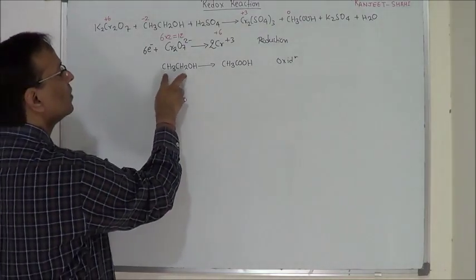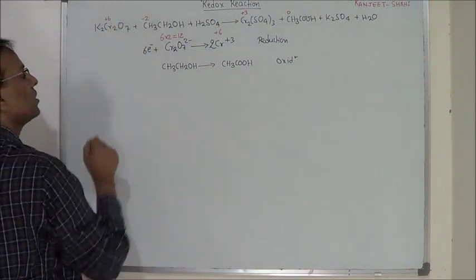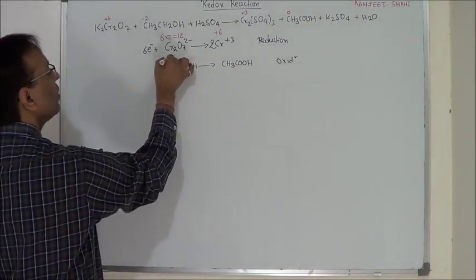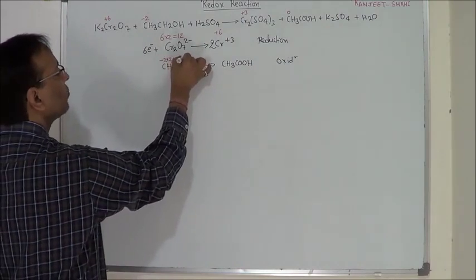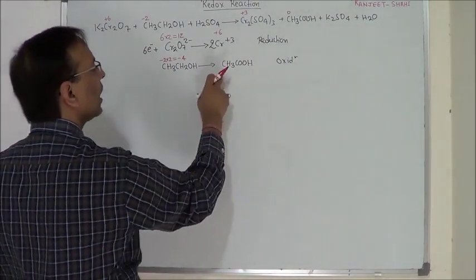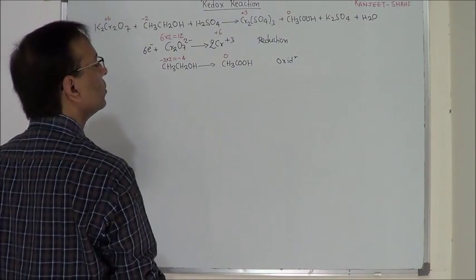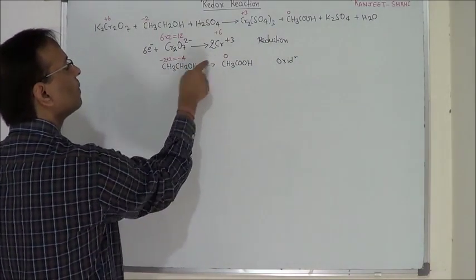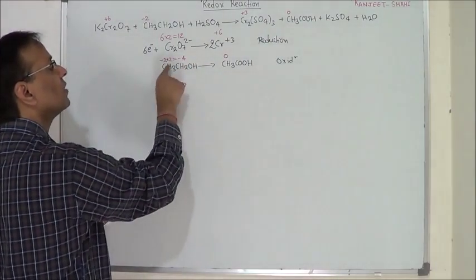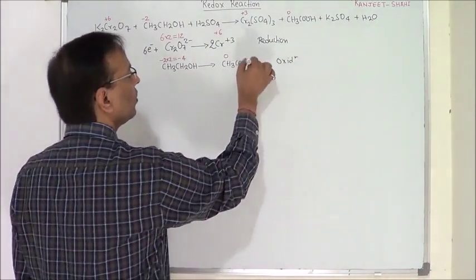In this compound we have 2 carbon and 1 carbon is in -2 oxidation state. So 2 carbon is -2 into 2, -4 oxidation state. On the right side, each carbon is 0, so total is also 0. So difference of 4 for 1 molecule of ethanol, not for 1 carbon, 1 molecule of ethanol. Difference is of 4 and higher side is 0, so 4 electron will be added